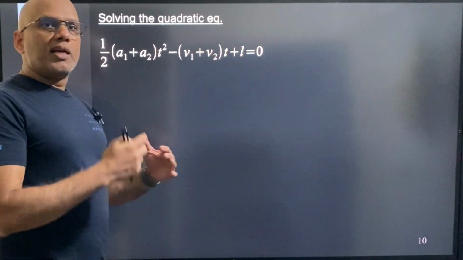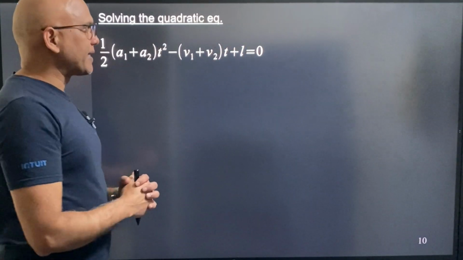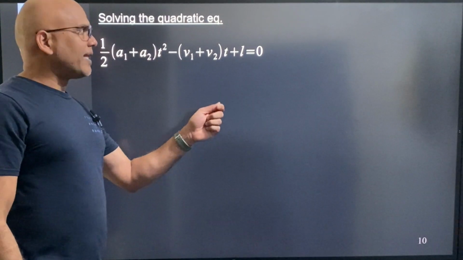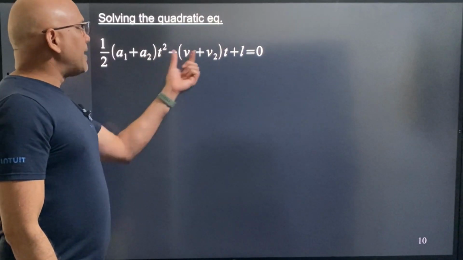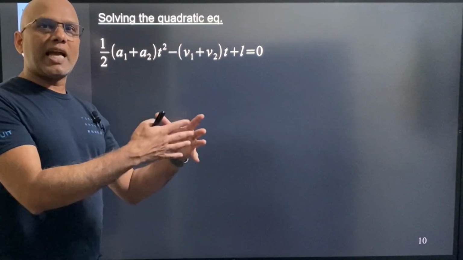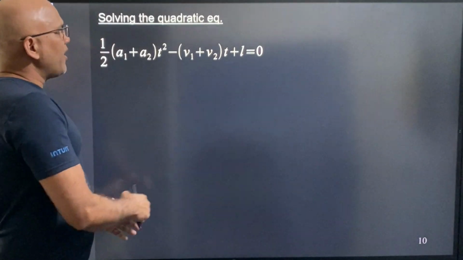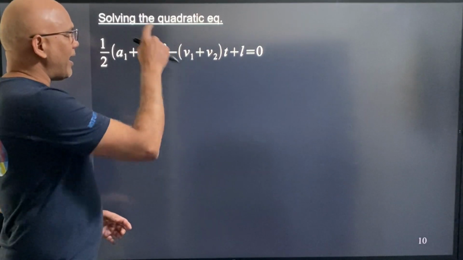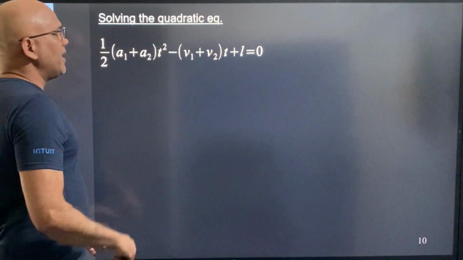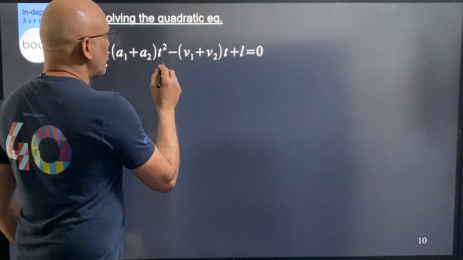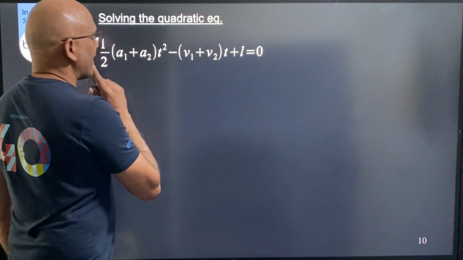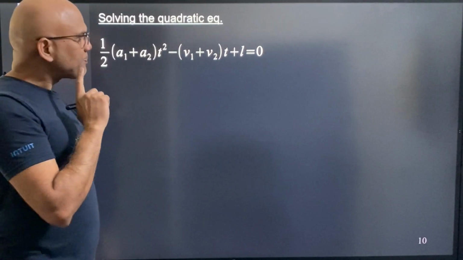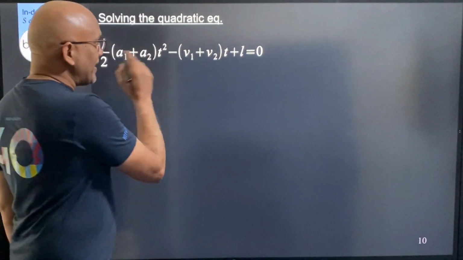So L is the separation between the two objects. So by writing this, combining this, what I'm enforcing is that at some time t, let's say they meet. I don't know the time yet, right? Now, if I knew the time, I can find the length, but I don't know the time. I'll try to solve for the time. Now notice that there are two unknowns here, time and length, right? It is quadratic in time, but it is linear in L, and I want to find time. So